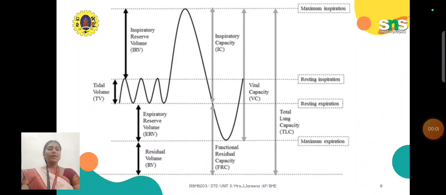I think we were discussing basic respiration and the mechanism of breathing, right? The reason for discussing this topic is that we are in unit 3. In this unit we will be discussing respiratory related equipment, especially the spirometer, pneumotachometer, and ventilators. In order to understand these topics, beforehand we should know the normal mechanism of the breathing